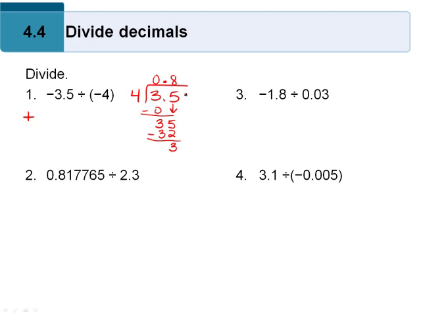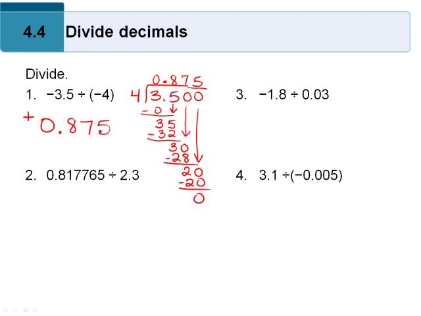I want to add a 0, and I bring that down. So 4 now goes into 30 7 times. 7 times 4 is 28, and that leaves 2. Add another 0, bring that down, and 4 will go into 20 5 times, and 5 times 4 is 20, and it finally cancels out to 0. So your answer here is